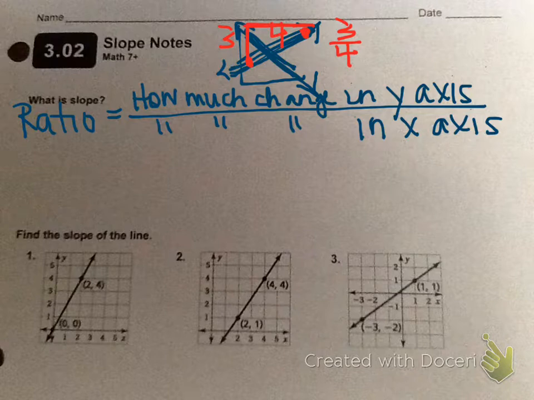Some different ways you might hear slope talked about. Slope is represented by the lowercase letter m. I have no idea why. Every year I challenge kids to look it up, and nobody comes back with an answer for me. So I don't know if it's out there, but you could look. So m represents slope,